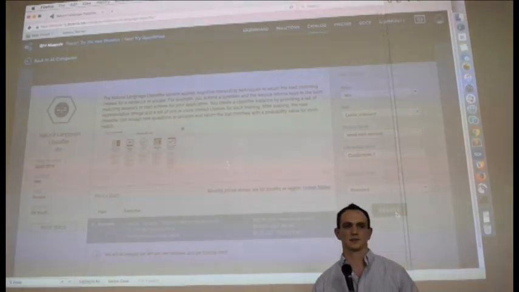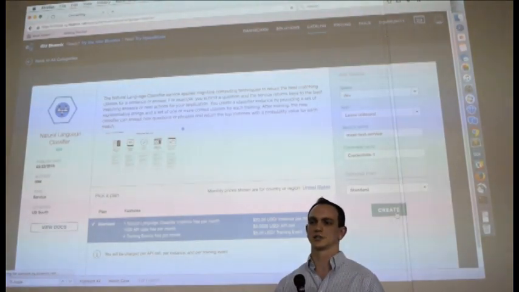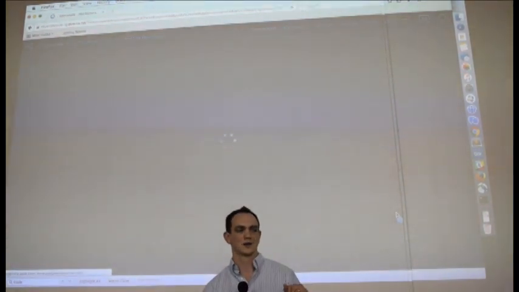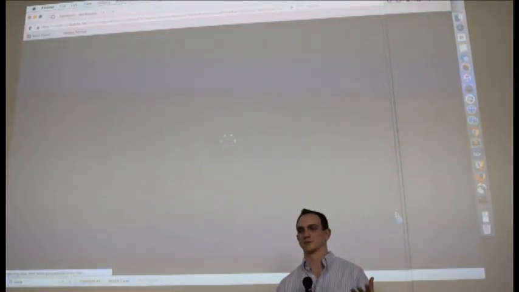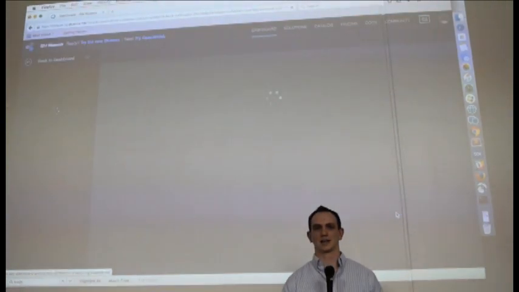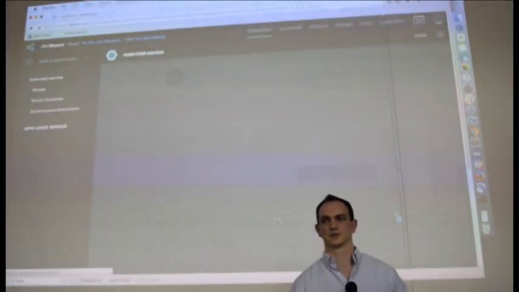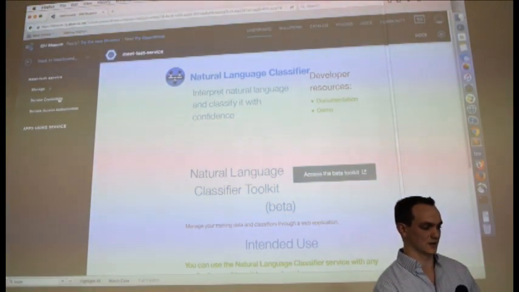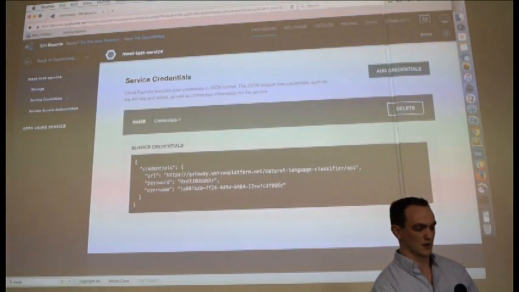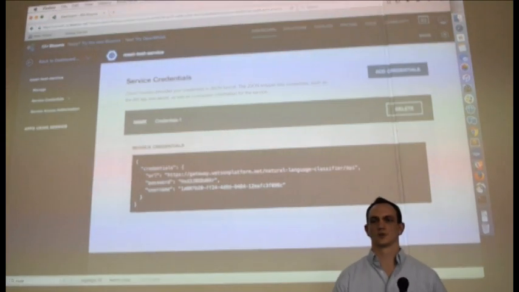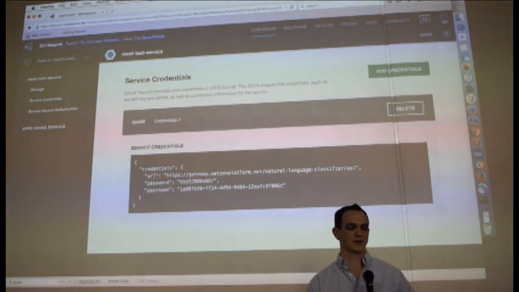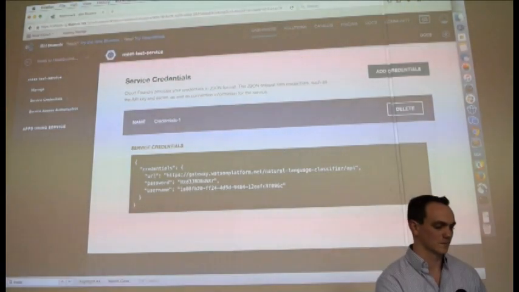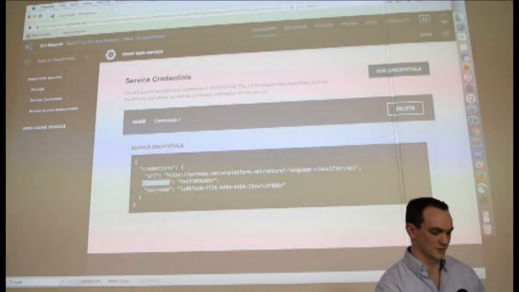So what Bluemix is doing now is not creating an actual neural net. That's what powers the classifier. We have to give it the training data before it can train the neural net. But what it's doing is setting up our credentials and getting access to the service that we can use. Now that that's done, we can click on the service credentials, because we're basically going to use the curl command and the credentials we have here to provide it the data to create our classifier. So we'll take our username and password.